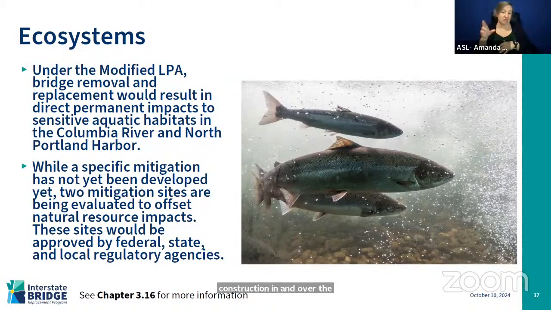And the program will be looking at minimizing impacts to ecosystems. And in addition to minimization measures, there's also going to need to be mitigation and habitat restoration. And that's part of the program's larger effort to reduce the overall net impact of the program on our environment. And the final slide, I think, is just